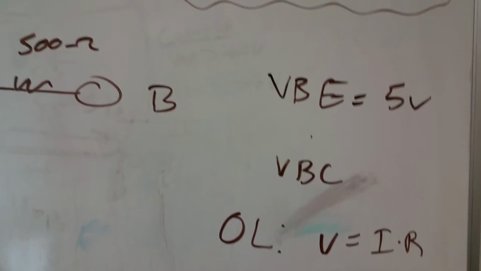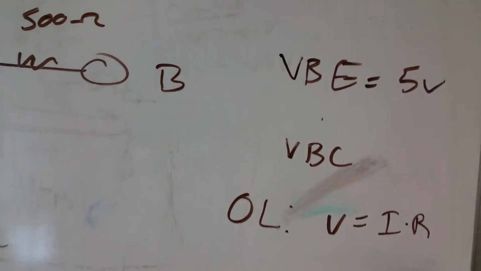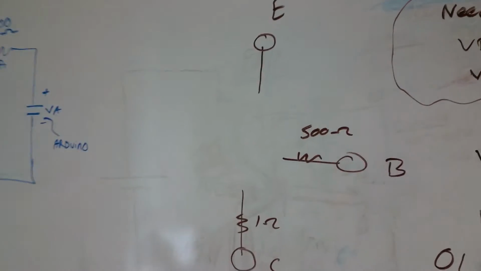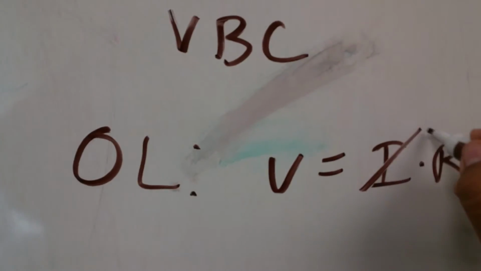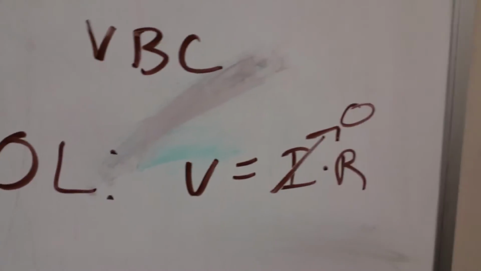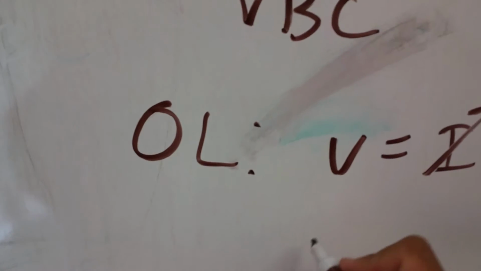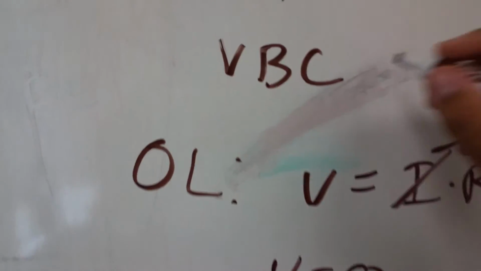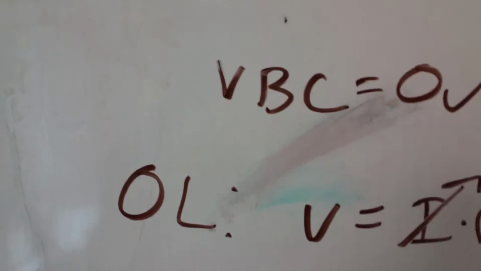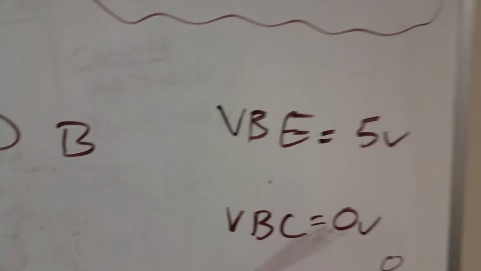So for VBC right now, I can tell you in cutoff, current's not going to flow. As you can obviously see, they're all disconnected. They're all open. So right now, that current is going to go to 0. Once that current goes to 0, we can obviously say that voltage is going to equal 0. And now that we have VBC equal to 0 volts and VBE equal to a positive 5 volts,